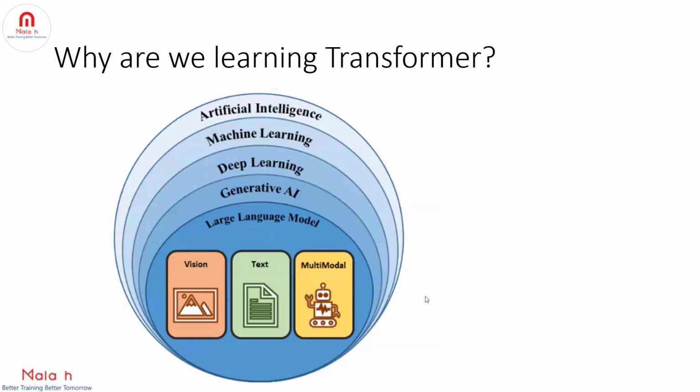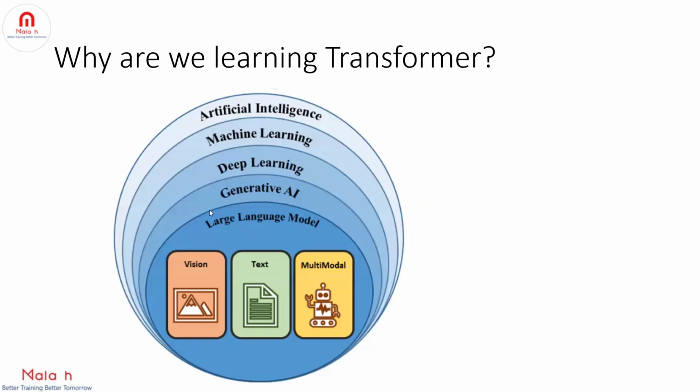If you notice in this diagram, AI, artificial intelligence, is the broad term. The objective of artificial intelligence is to find patterns from the given data. We are trying to make the machine so intelligent that it can behave like a human. So how do we achieve that? How do we give intelligence to a machine? To achieve this, we have machine learning, deep learning, NLP, natural language processing, generative models, right? So we have different mechanisms available to make the machine intelligent like a human.